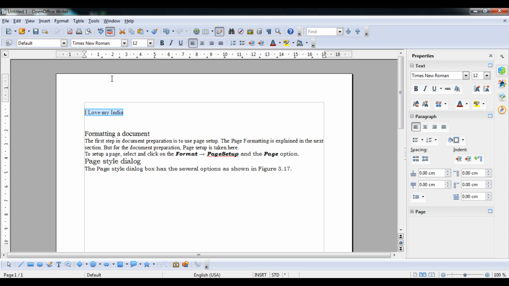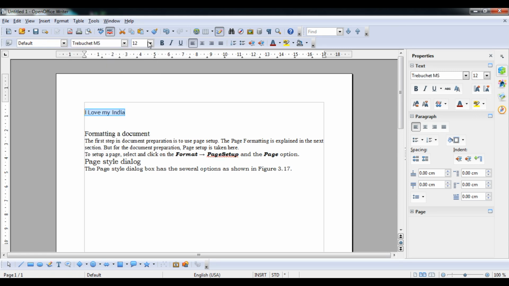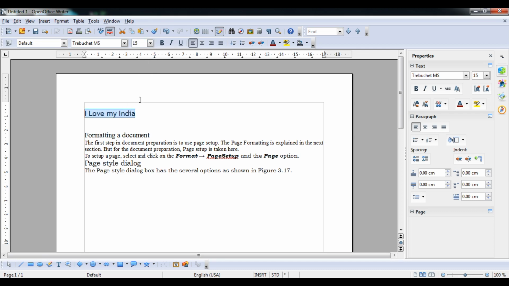Okay student, I'm going to format it. First of all, you can see that I will change it in this particular format, size suppose 15 and bold. Because it is heading 1 2 3 by default, I don't want to change that. So you can see I have changed the format.